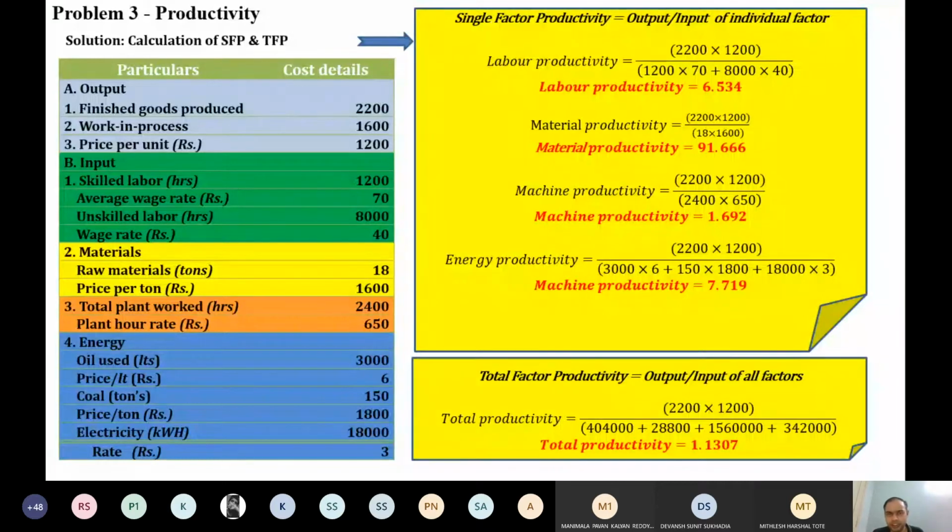In the output part, if the percentage of the original value is given, or sometimes they may directly give the cost for work in progress items, consider that as the cost. If data related to the cost of work in process is given to you, then we will consider that. Otherwise, we are not going to consider it. Okay?